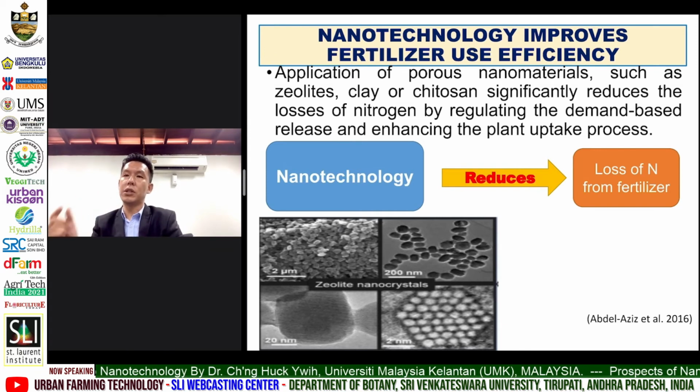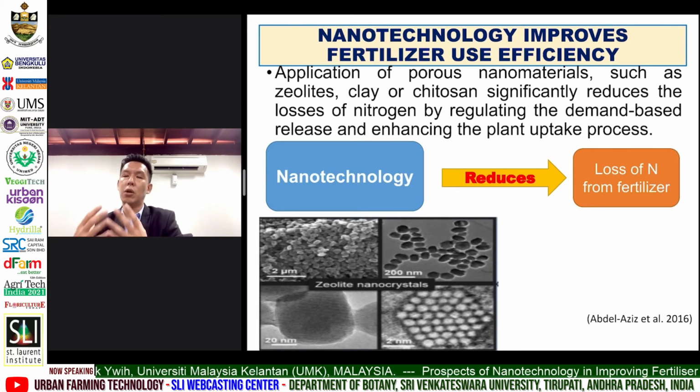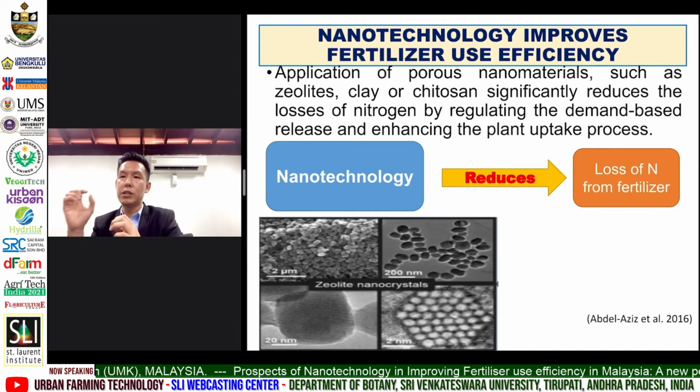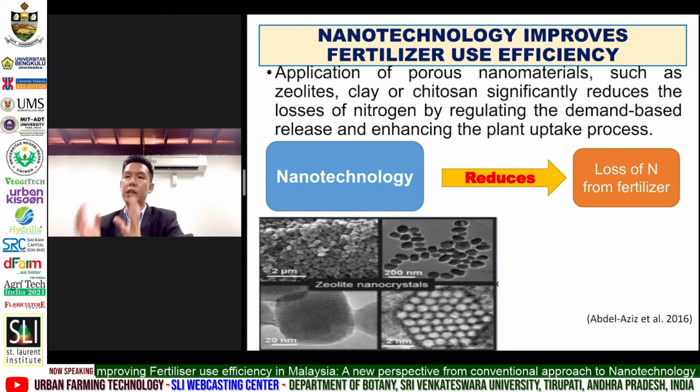So when they raise the pH to neutral, it tends to enhance the availability of the soil nutrients. Also, due to the surface area of this beehive structure, it helps to increase the surface area and thus capture all these ammonium ions and prevent them from being lost by volatilization. So thus, it will improve the fertilizer use efficiency in this aspect.